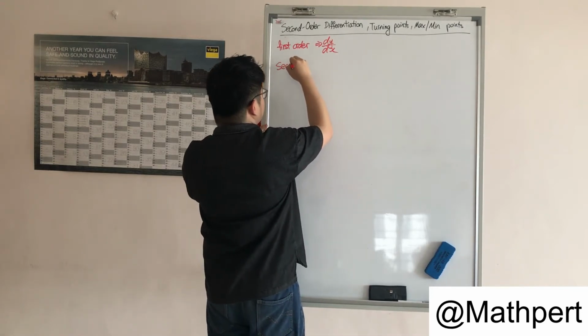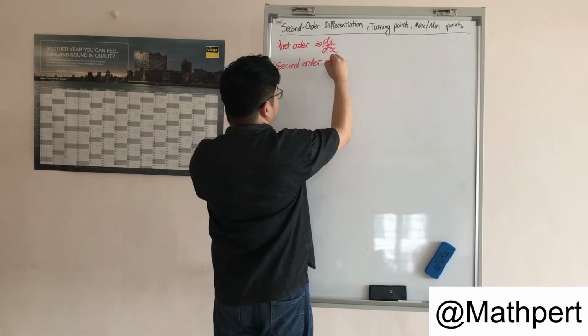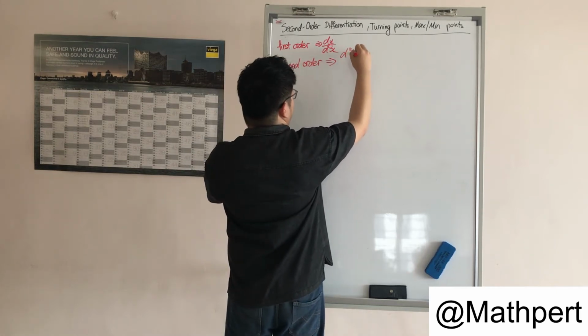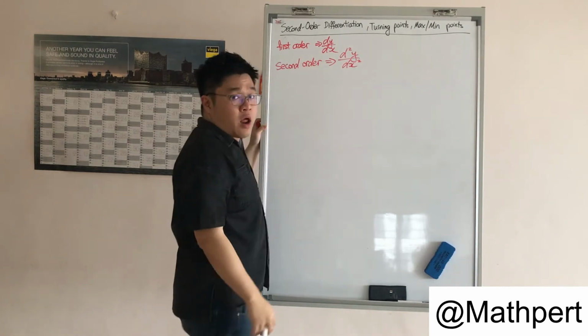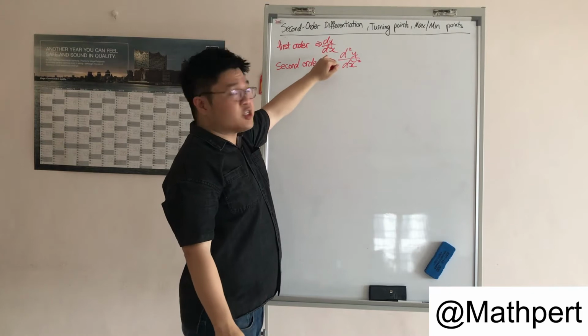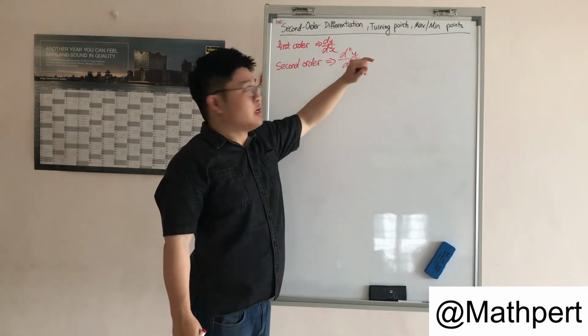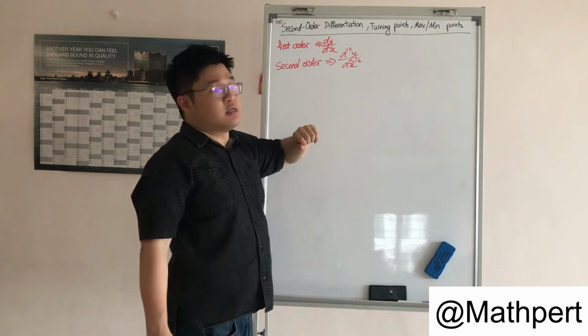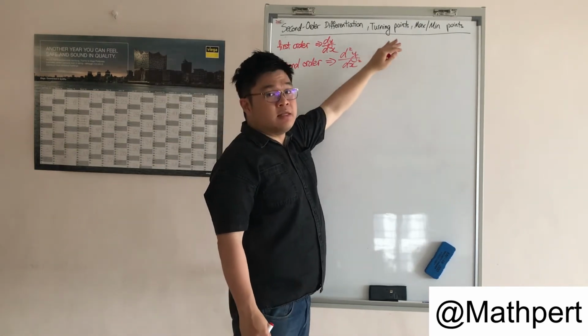Second order is d square y over dx square. So basically just differentiate dy/dx again, then we'll get second order differentiations and turning point. In this subtopic,